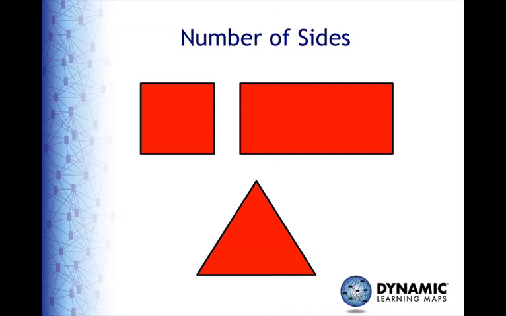Let's start with a discussion of lines. When students first experience lines, they do so in the context of simple shapes such as squares, rectangles, and triangles, and we tend to refer to them as sides of a shape. Students learn that shapes can have different numbers of sides, and they can be sorted using that attribute. When we begin the study of lines, teachers can create lessons that specifically relate the student's background knowledge of sides to the new vocabulary of lines and line segments.